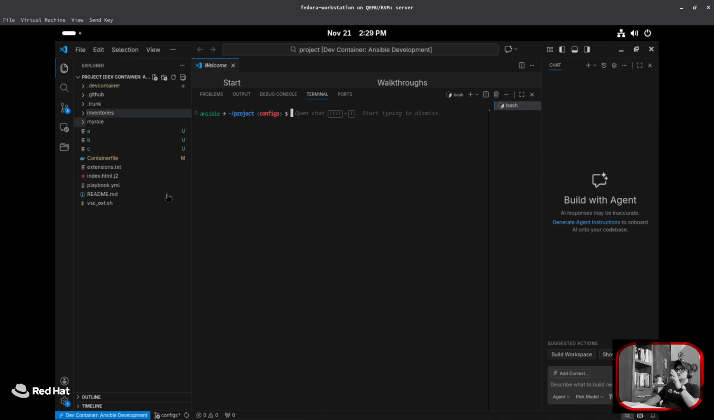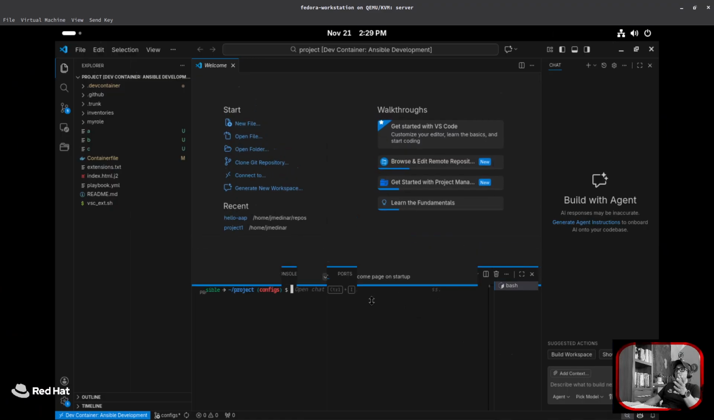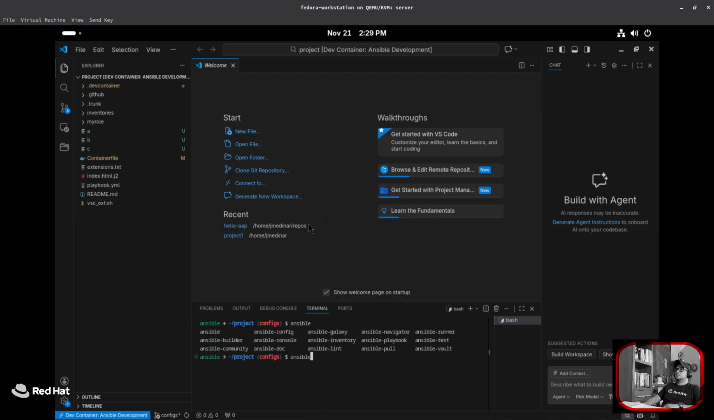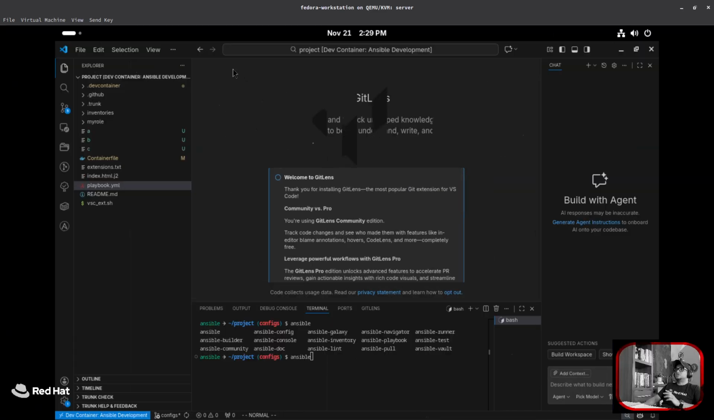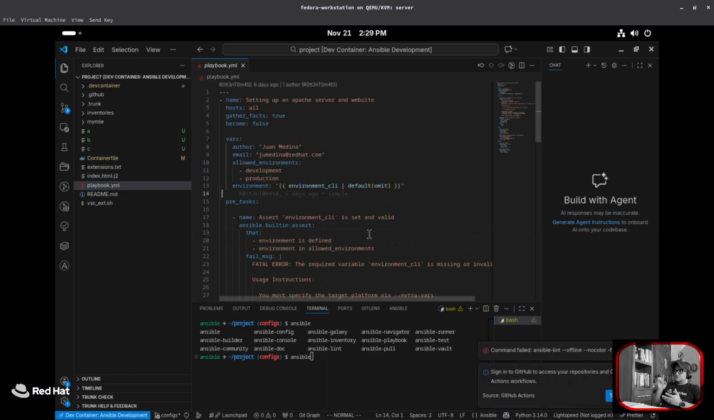We have access to all of our files. We are running as the user Ansible, but we are not in just a regular terminal. We are literally running from Visual Studio Code. All the Ansible tools are available, and at the same time I can just work straight within my container, which is already pre-configured and ready to use, let's see, there you go, the linter and all the other